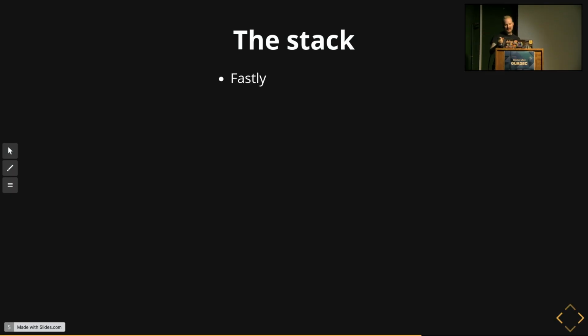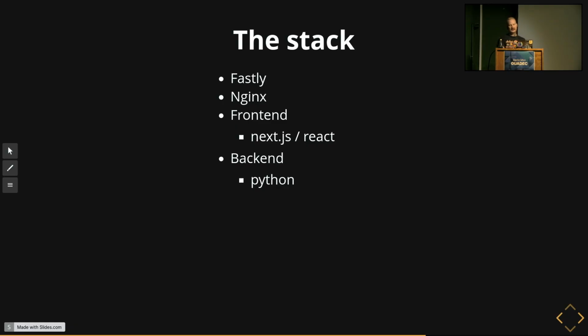So the stack right now is Fastly, because they're sponsoring us, as far as I know, which is caching everything in the front. Followed by Nginx as a web server, which just basically handles HTTP stuff. Our front end is right now written in Next.js or React, and that then asks our back end, which has a REST API, which is written in Python, to my bane,